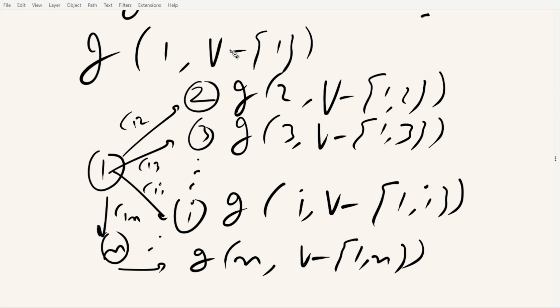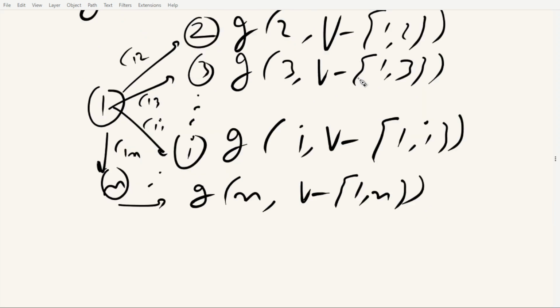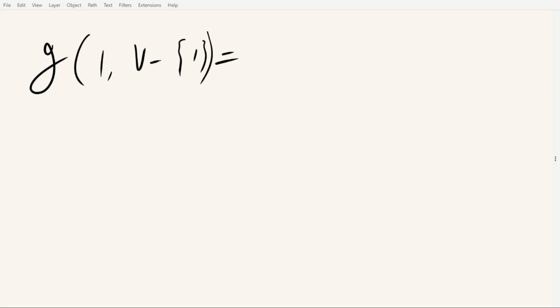So now we can write. The cost is simply the sum. For example, if the traveler chooses 2, then C12 plus g(2, V minus {1, 2}). So we just have to take the minimum. We get the recurrence relation from this observation that g(1, V minus {1}) is equal to the minimum